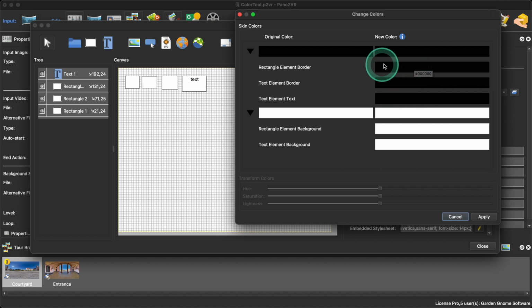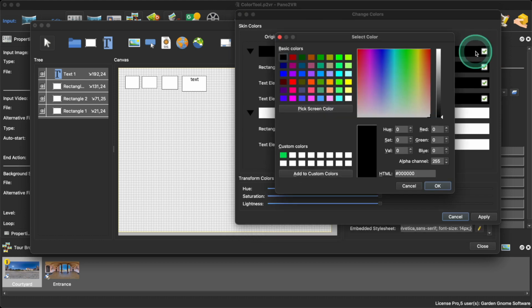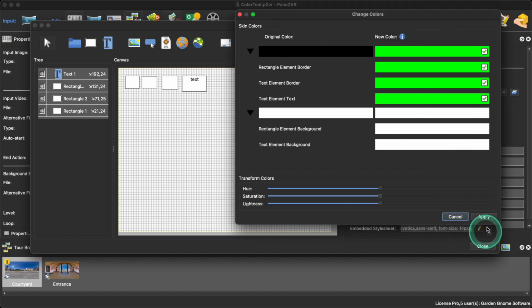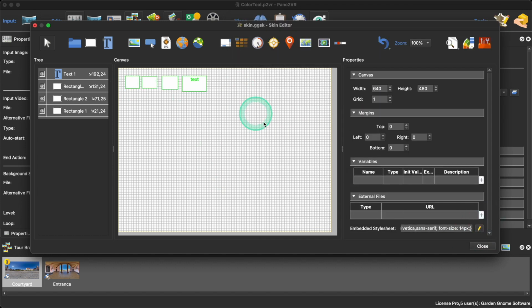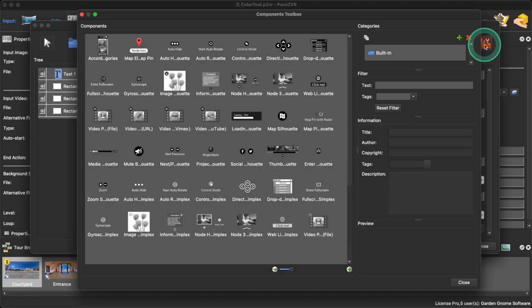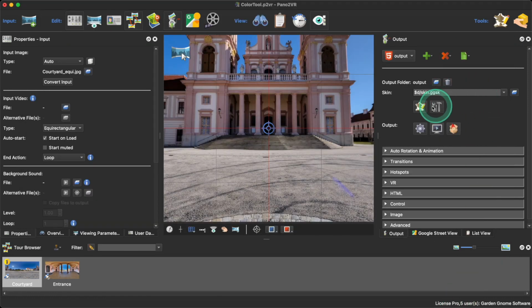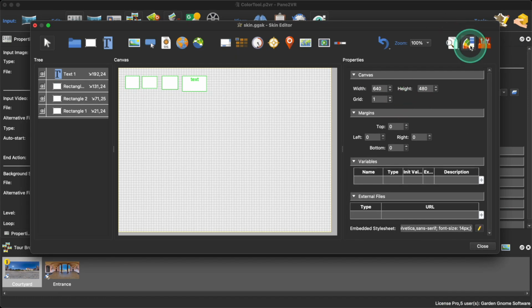Now the thing is, if you double click and change the color of the top bar, let's do that to green, that affects all of them. So if I now apply that, everything black is now green. Okay, if I go back to the skin and go back to the color tool,